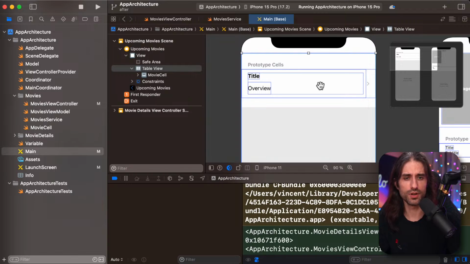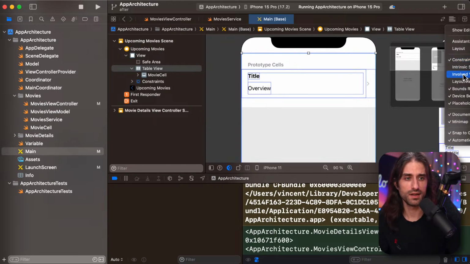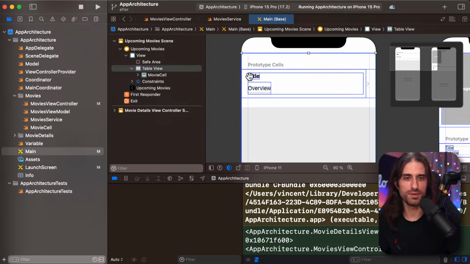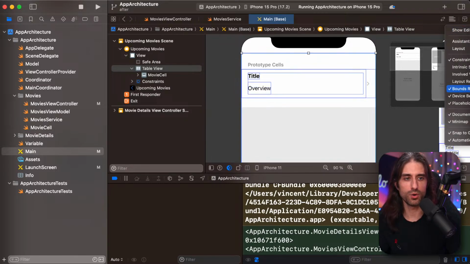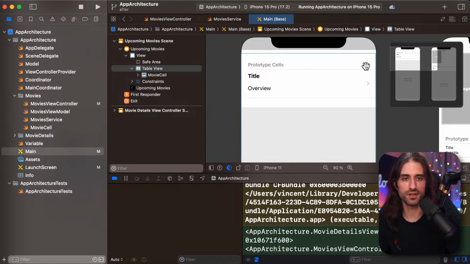So it's similar to what we did to show the frames when it was running on device, except that this time you also have the layout rectangles. I guess in that case they coincide with the bounds. And for the layout, you have a bit more options. You can see that you have the baselines for the characters also. So that can be useful if you need to see the bounds. I wouldn't enable it all the time by default, but it can be useful.